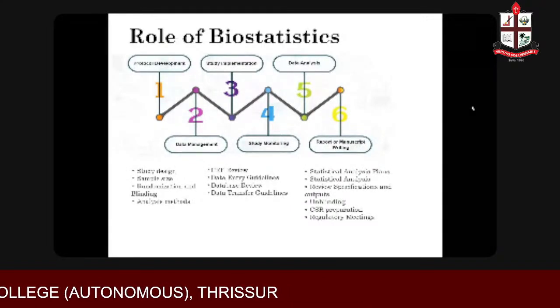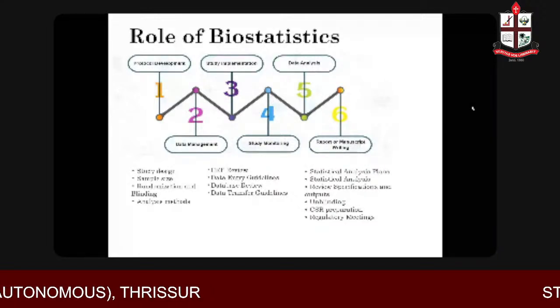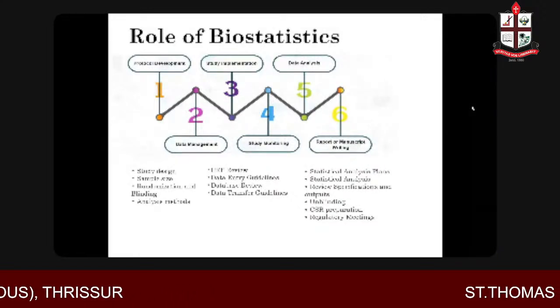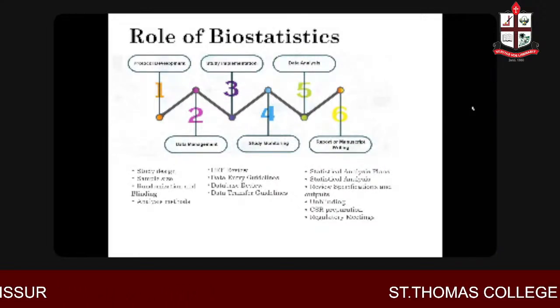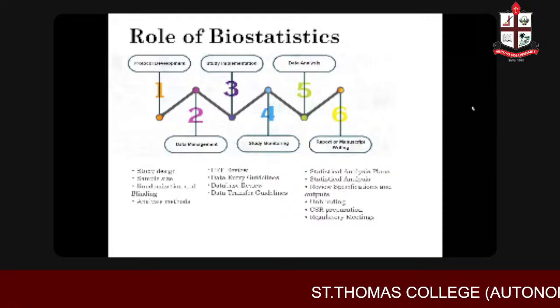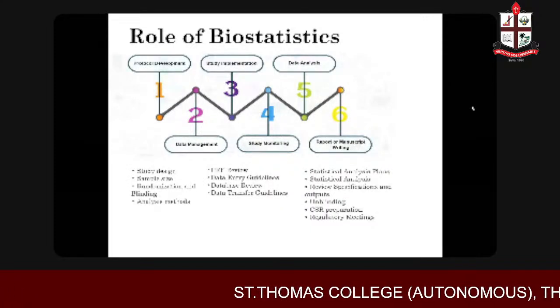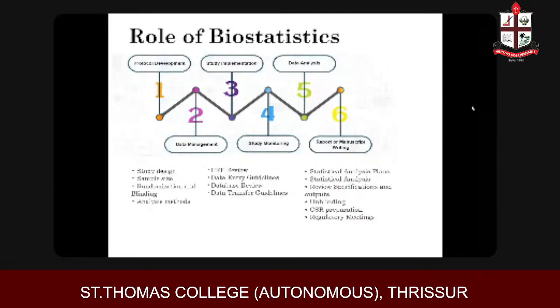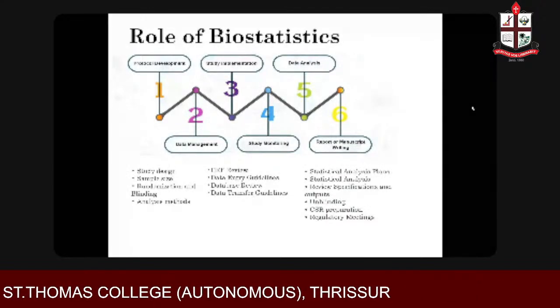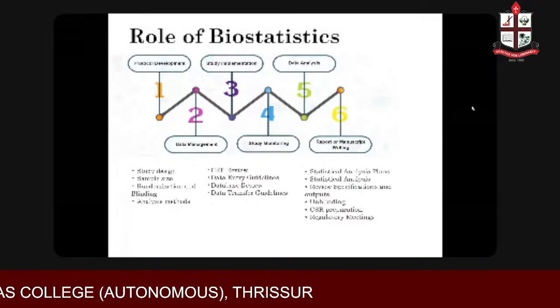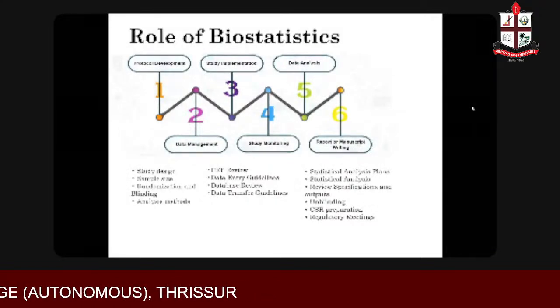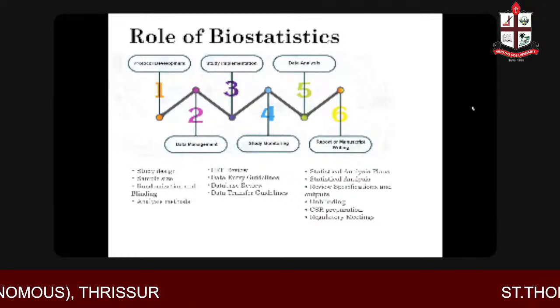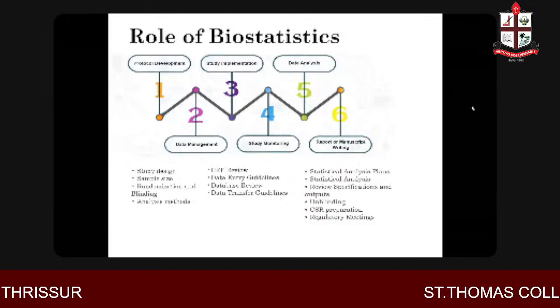Then it will be moved on to the assessments. What are the assessments that will be collected? For example, how the data will be analyzed and how the drug will be stored. For example, if it is a blinded study, how the blinding will happen and how the blinding will be retained. So all this information will be in the protocol. So in our part, in the protocol development, in our part, we